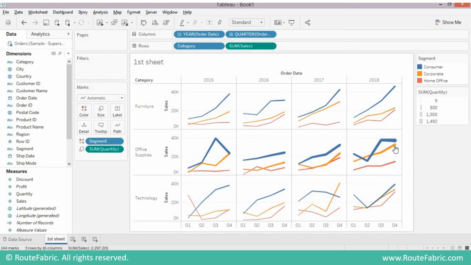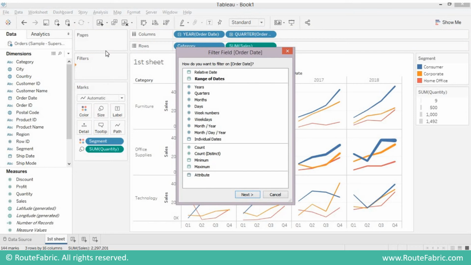Now let's focus on a particular time period. For that we will drag this order date into our filter. Since our order date is a hierarchy, Tableau needs to know the level of hierarchy that you're looking for. So let's say we want to select years.